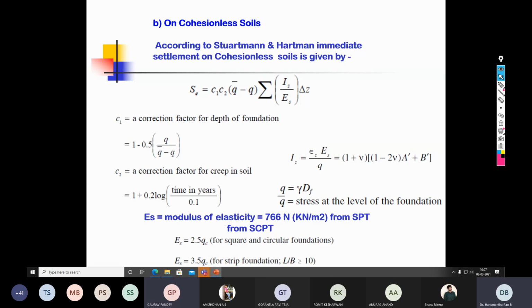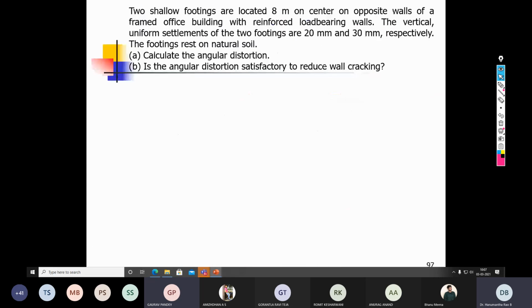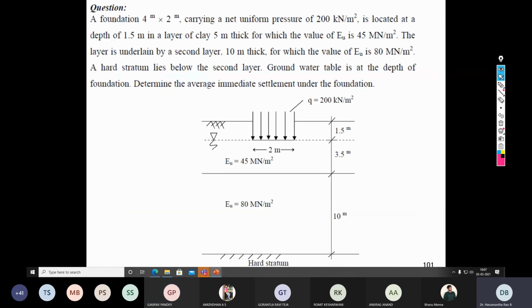Sir, I mean to say that, sir, there was one example where we have to calculate the elastic settlement, and there were 2 layers. Okay. But this is that sum. Yes, sir, that 45. Yes, sir, this one, sir. Yeah. Same principle you have to follow. But in this, sir, we haven't transferred the load, sir.